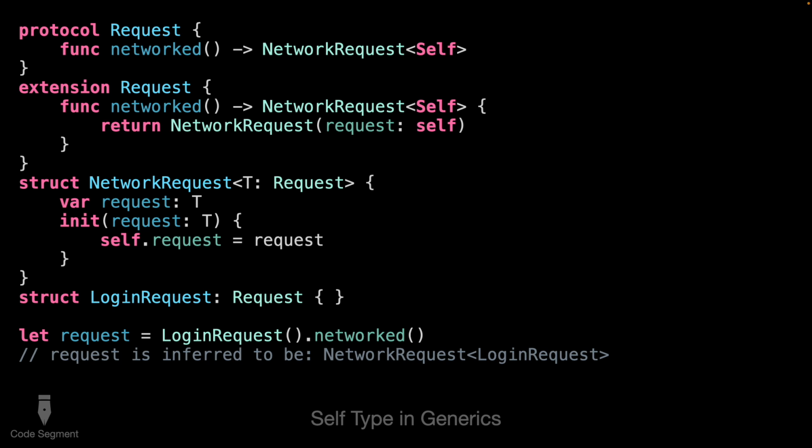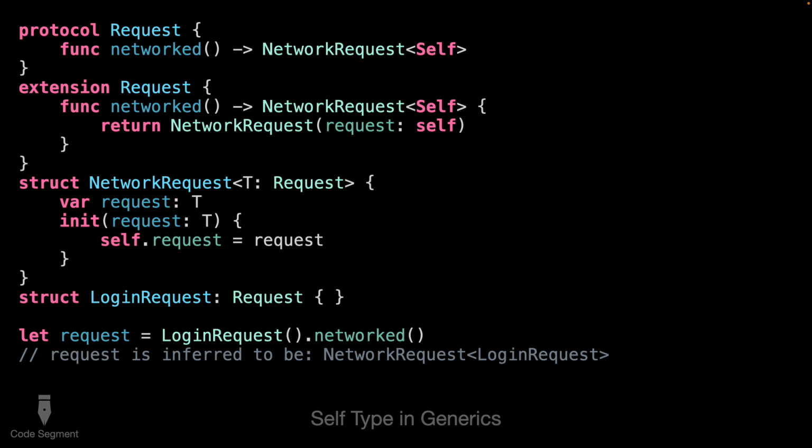Now, because we provide a default implementation using extension request, that means that implementers of request do not need to write this functionality themselves. And because we used self, the compiler is able to figure out, oh, okay, so by self, you meant the type of whatever this instance is,